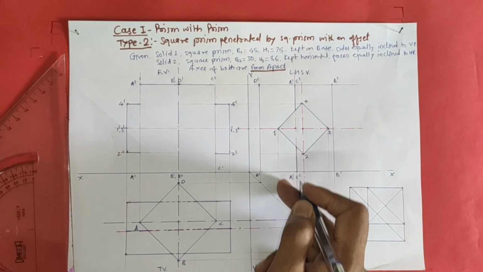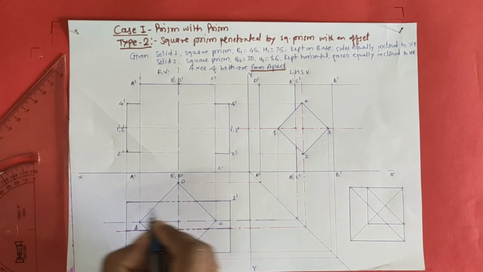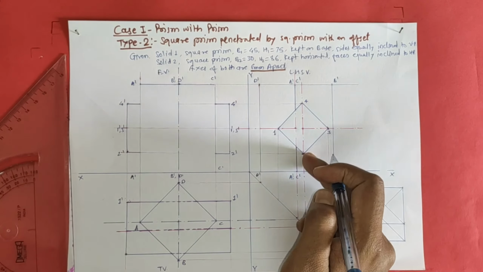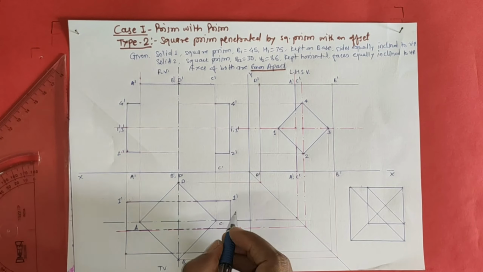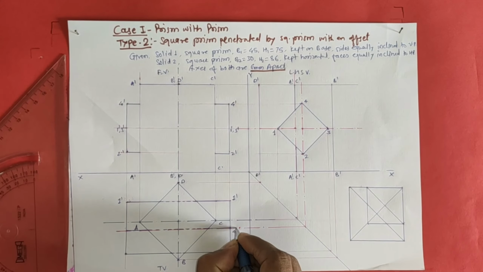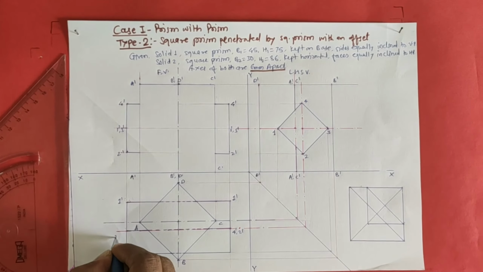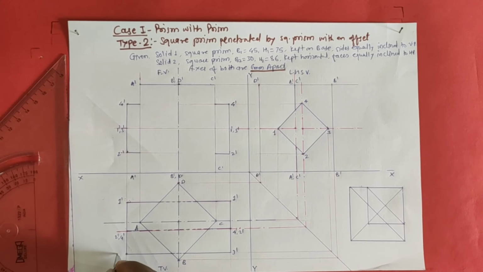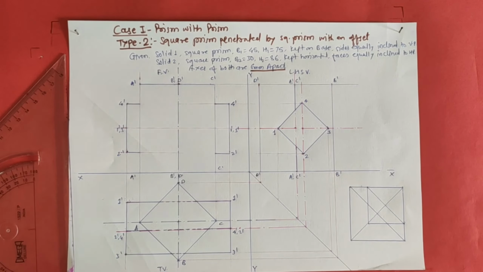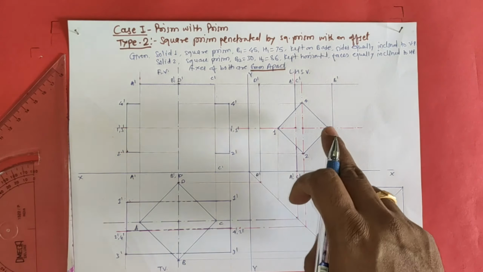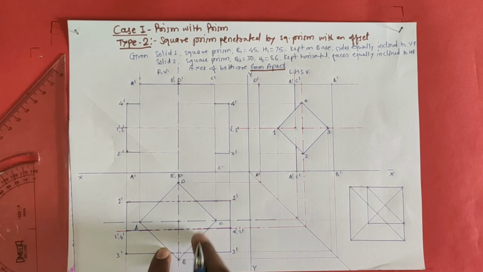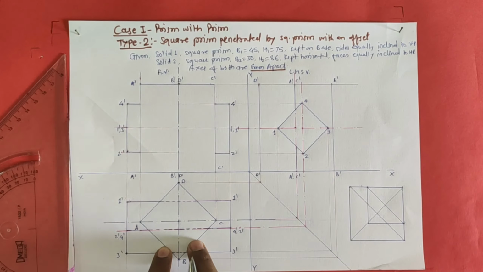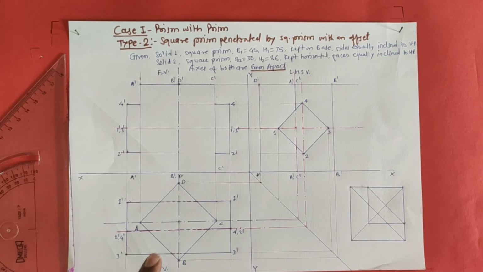Okay, how will I name it? So here 1 is here, I have taken it here, so I will get 1 dash 1 dash. 4 and 2 are there at the center, so you will get here 2 dash comma 4 dash, again here 2 dash comma 4 dash, and last, 3 is outside, you will get 3 dash here, 3 dash here. So I have taken the projection of the second solid in the front view and the top view from the side view. Okay, the second step is completed.